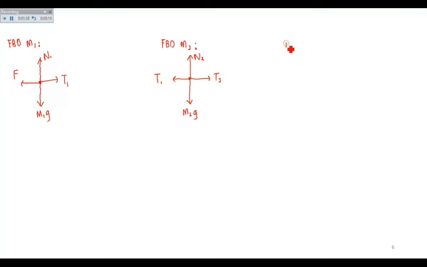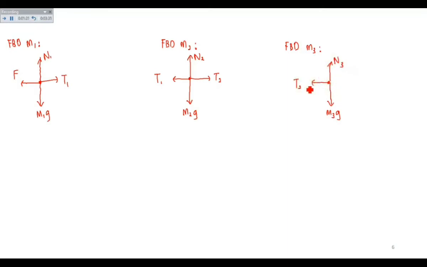And then for free body diagram block M3, I have the weight M3G, and then we have the normal force M3, and we have here